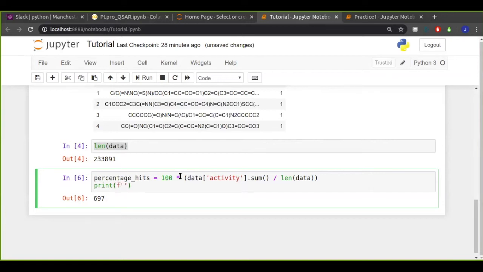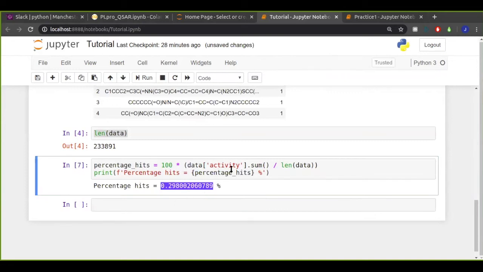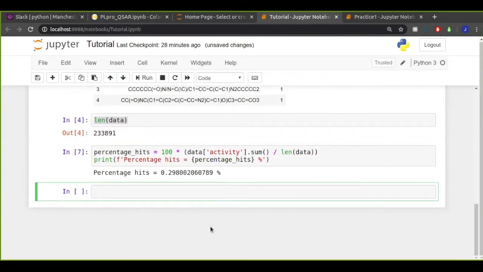I might have covered F strings before. F strings are a version of a string that you can print where you can pretty much drop in variables within the curly brackets. So let's do that. Percentage hits equals curly brackets, and I'll drop in the variable percentage hits. And then outside of the curly brackets, I'll put in the percentage sign, and you can see it prints it out in the middle of the string quite nicely. So if you want to print custom strings or have your program print a different string each time or something like that, then F string is potentially a good way to go for you.